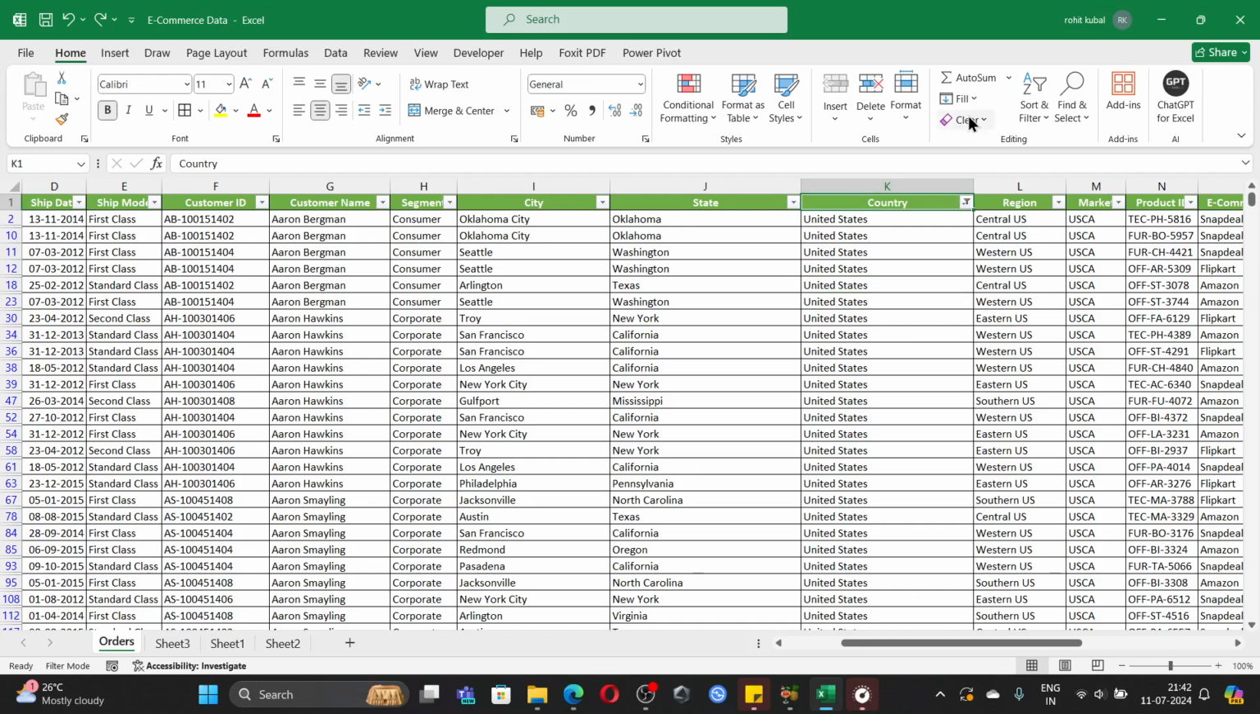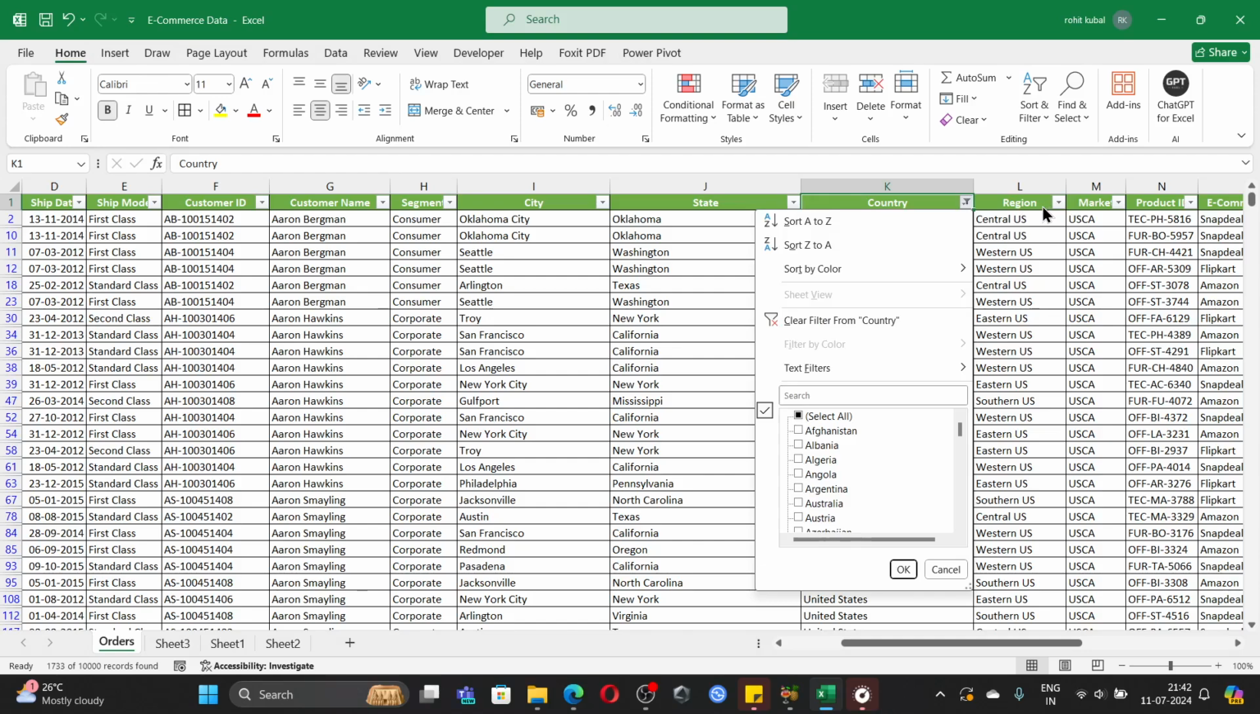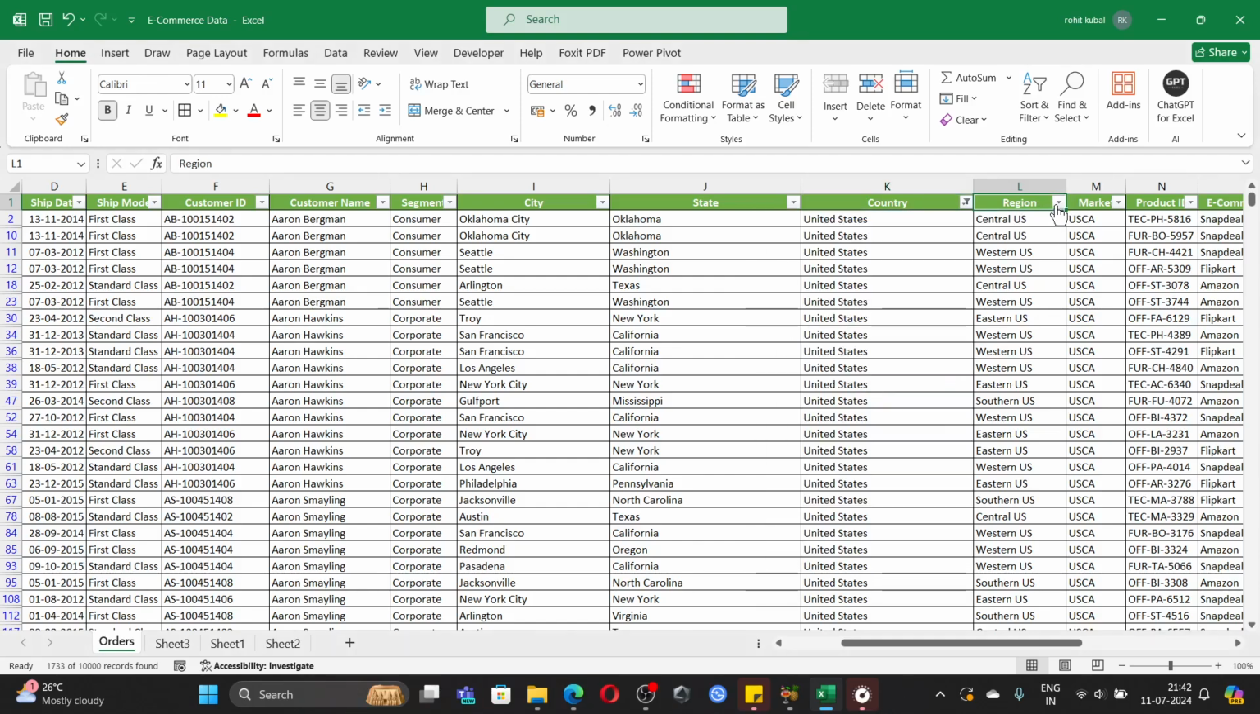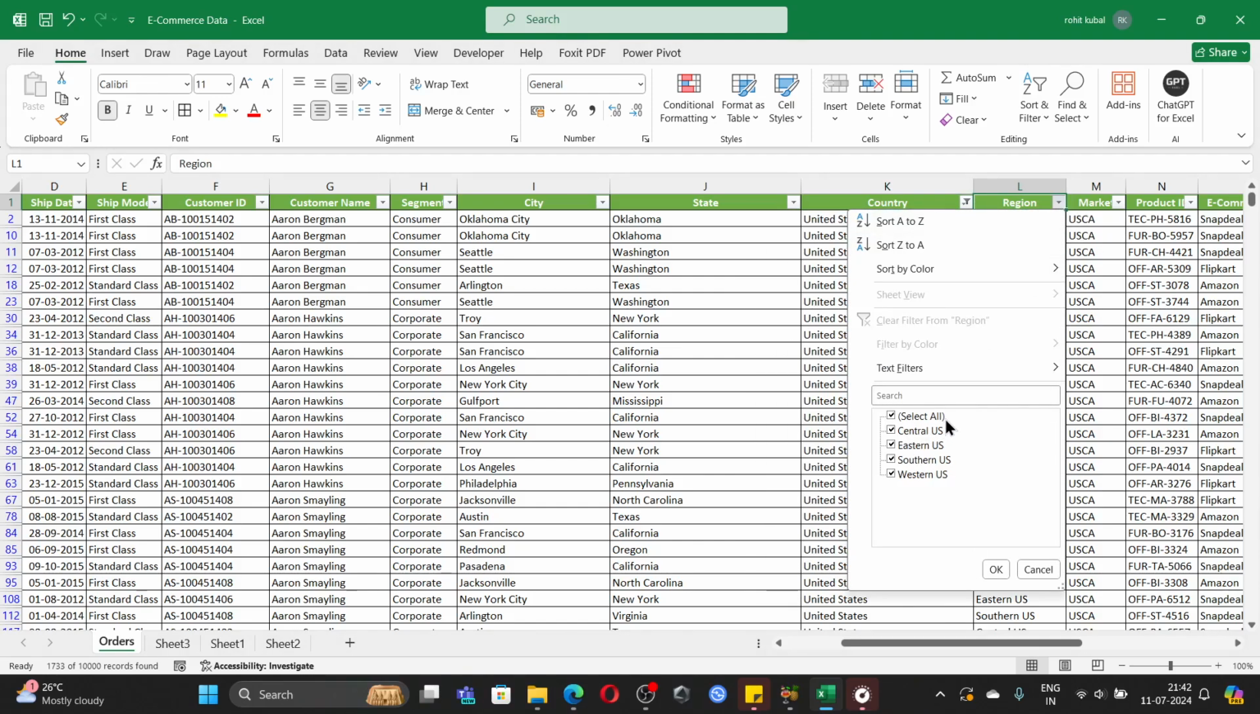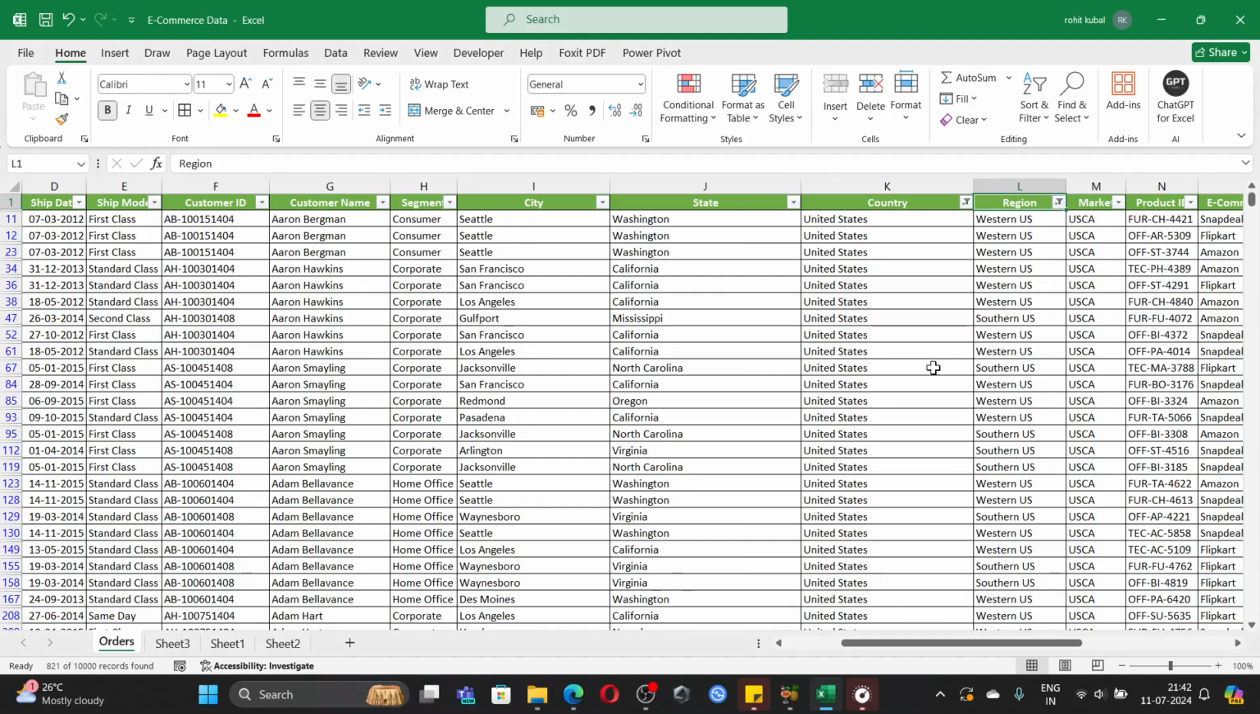I'll go over here, click on sort and filter, and if I click on reapply, suppose I am using any other filter as well. I am selecting only western and south. Let's try. All the data is now filtered, not sorted, sorry, for United States and western US. If I go over here, sort and filter, reapply,